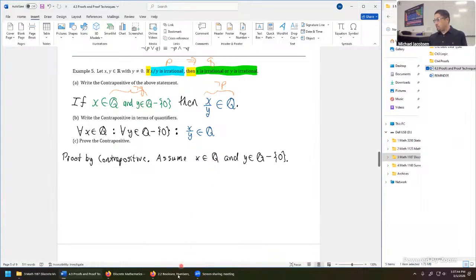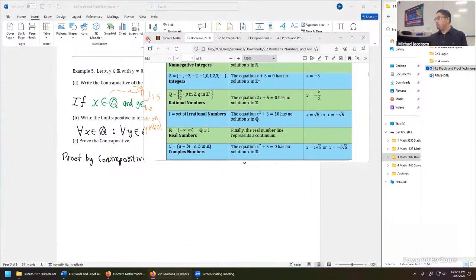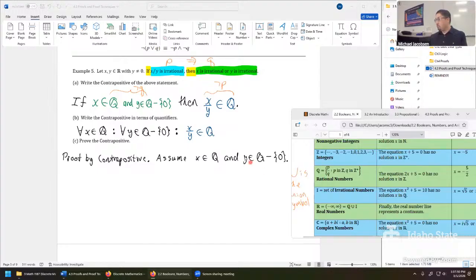Next thing we'll do is go to section 2.2. The moment we said we have two elements in Q, one of them having to be Q minus 0, we get to write those elements in this form. It means we can pick an integer p in Z, another integer q in Z plus, so that we're avoiding divide by 0, to rewrite those elements in this form. Again, we're just looking at them as a fraction now. So using this information here, all the way back from section 2.2, we can say next,